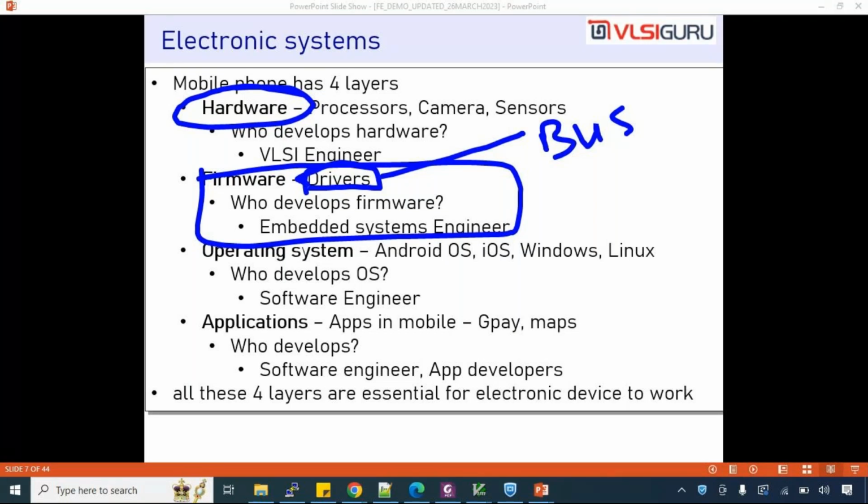Does he make the decisions independently? Does he decide everything? No. Sometimes he gets instructions from the application layer, sometimes from the operating system. There he decides how the hardware should be controlled. It is the same in a bus. Sometimes the bus driver may get a call from his higher authority: now stop the bus, now move the bus, now increase the speed, you need to reach quickly. Everything he decides is either through pre-programmed instructions, whatever instructions we have given him, or